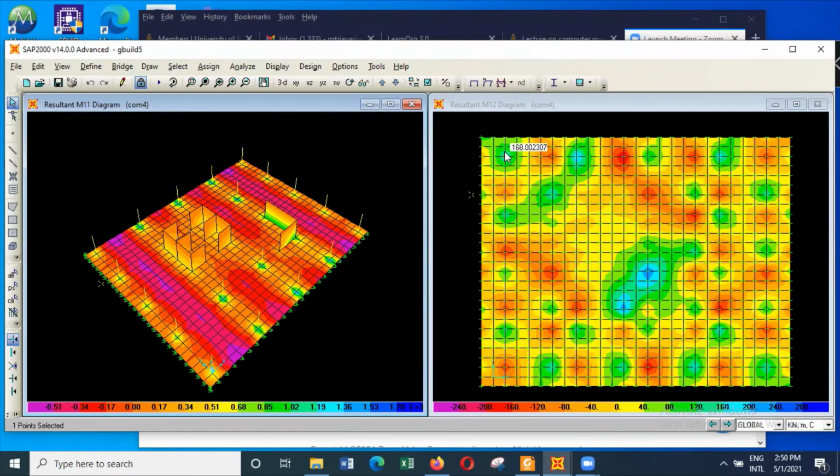So when you are designing, what you do is, you will design for the addition of the bending moment and the torsional moment. You will not design only for the bending moment. You will look at the torsional moments and add the torsional moments to the bending moment. I have explained this in great detail,